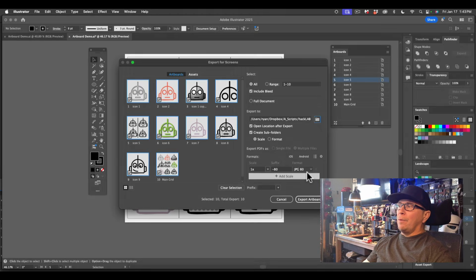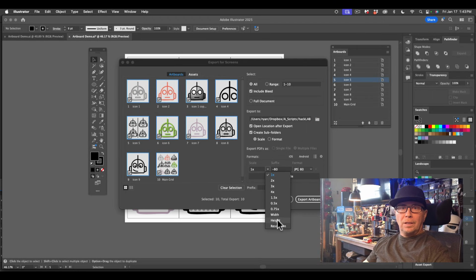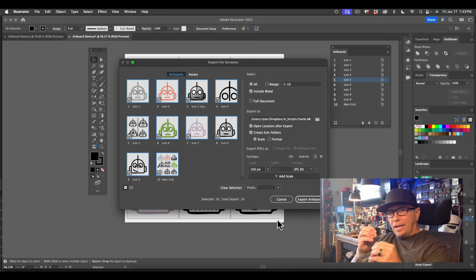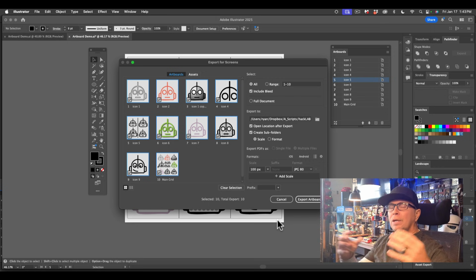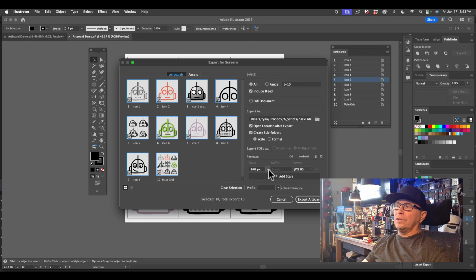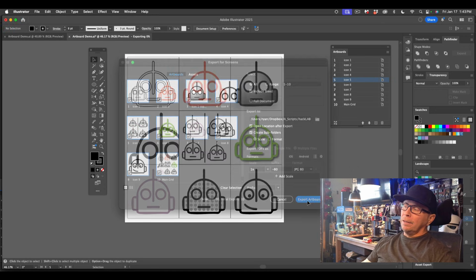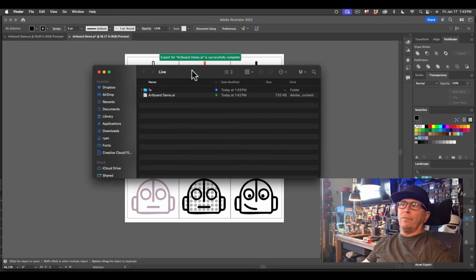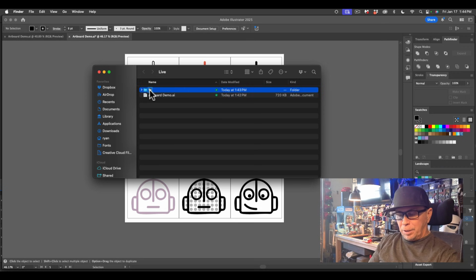I want to choose what folder. And then I can also choose the scale. So let's say you do need different scales for different things like web, or for desktop publishing like a book. You can choose the actual scales, and you can do multiple versions of the scales. So I'm going to do 1 times, and then I'm going to export that, and that's going to create a folder,